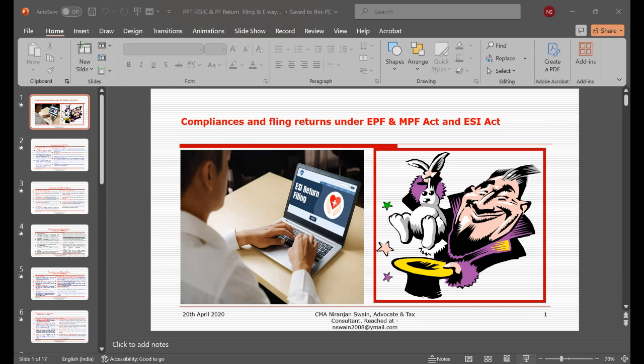I tried my best to present whatever possible, because filing-related matter is very practical. Today we will discuss e-filing related to the ESI and PF. In addition to that, one item we left, that is bill generation and matters related to the bill. Related to the bill, I have a number of video clips which I will explain and also show to you. And regarding the compliances and filing of the return, particularly under EPF and ESI under the act, practically